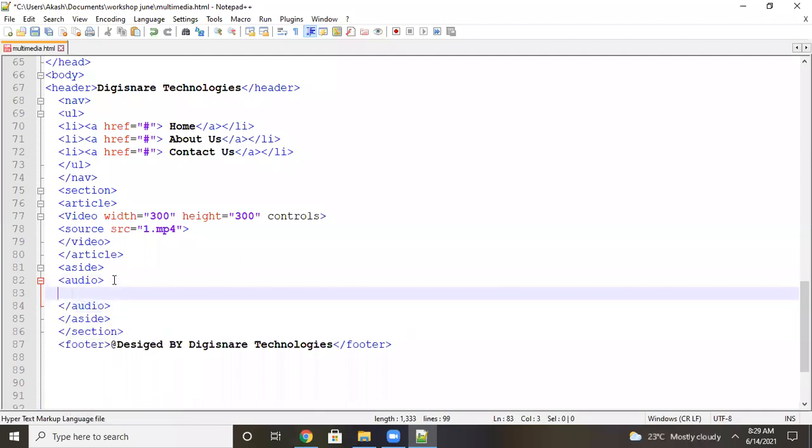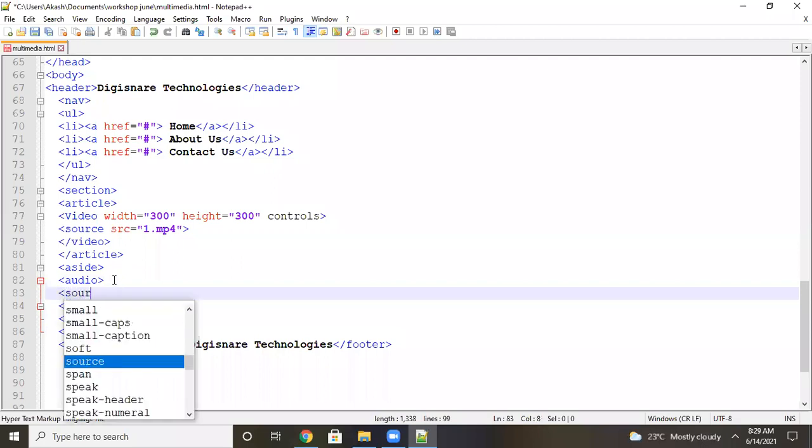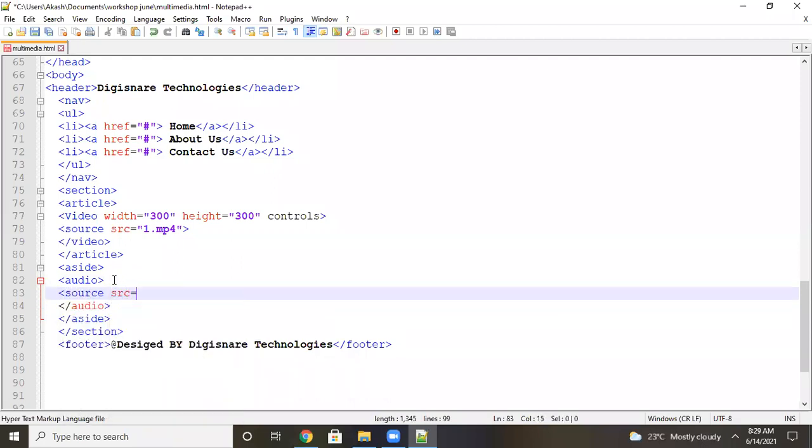And we have to define here source src 1.mp3. It is an mp3 file, but we need the file. I need to get the file now.